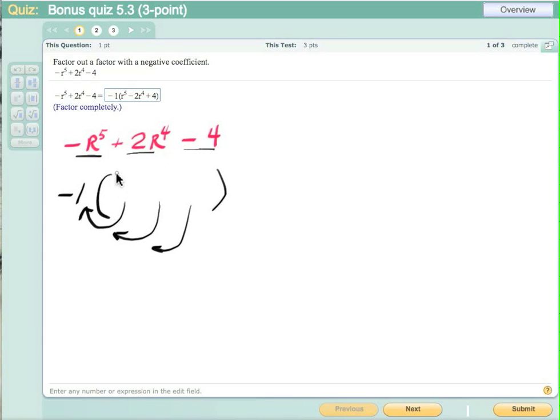The minus r to the fifth becomes a plus r to the fifth. The plus 2r to the fourth becomes a minus 2r to the fourth. And the minus 4 becomes a plus 4. And lo and behold, I've factored out a -1 from all three terms. What we've done is we've massaged this expression into this form here. And these are two equivalent expressions, so I ought to be able to get back and forth. So if I do this multiplication, I ought to get back my original expression. And you could go ahead and multiply everything by -1, and of course you're going to get back the original